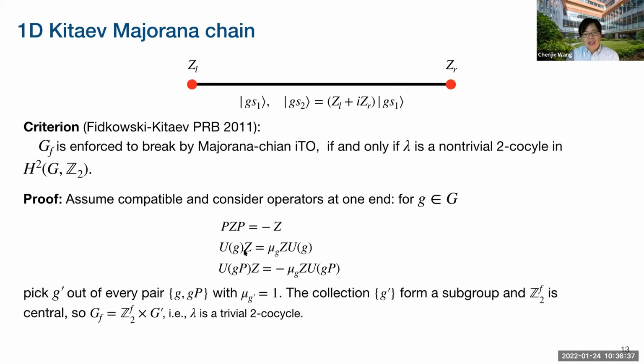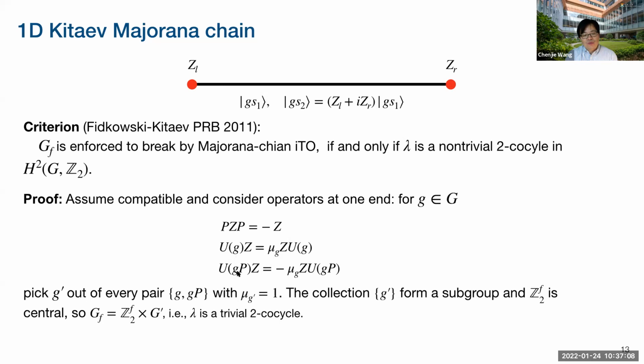And second, it has a property that it actually commutes or anti-commutes with any other symmetry operators, because it belongs to the center of this algebra. So it may commute or anti-commute, but let's denote it as mu g. It may be 1 or -1. So we don't know so far at this moment whether it commutes or not, so we denote it as mu g.